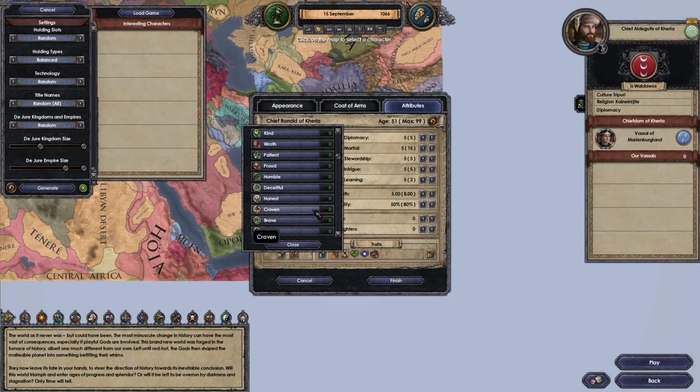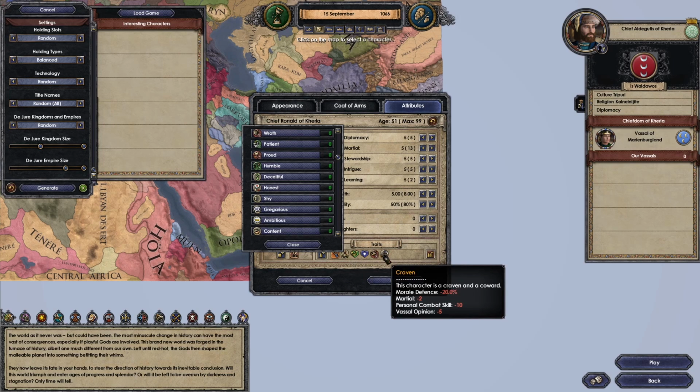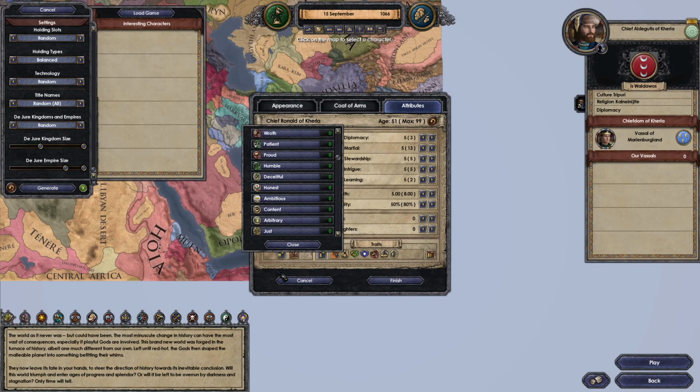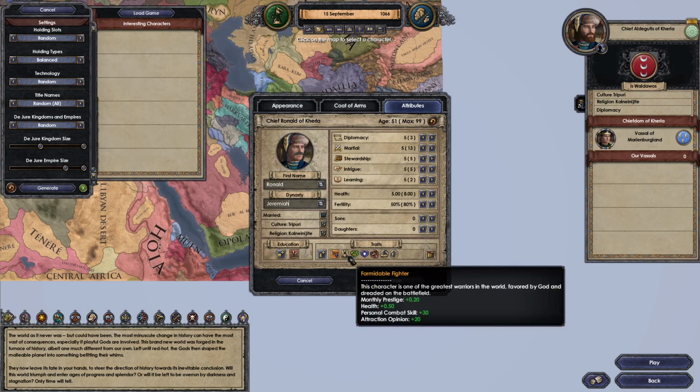Oh, how about this for a character? That he's slothful and he's craven. Despite the fact that he's mighty and powerful, he doesn't want to do it, and he is afraid of doing it. Maybe that's why. Maybe the cravenness is the thing that's making him... He's shy. Crippling anxiety and agoraphobia has made your mighty warrior...